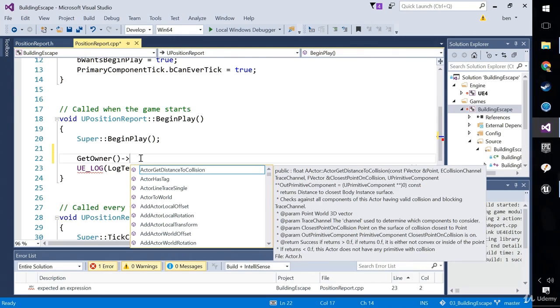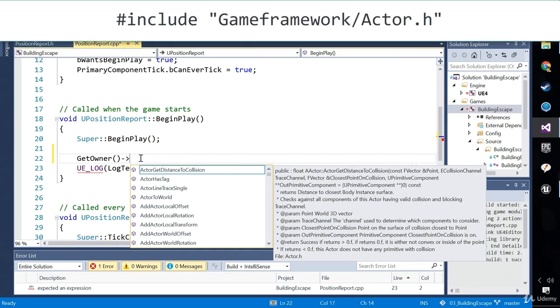Hi there, Sam here with a quick 4.16 edit. So for those of you on 4.16 or greater, you will now need to do something a little bit differently to Ben to see these autocompletes work. You're going to have to add this line to the end of the hash includes at the top of the C++ file. Wait a little bit for the squigglies at the bottom of Visual Studio to go, and then you will be able to get the autocompletes that Ben is seeing here. Now, the reason for this is a change in 4.16, which is great for compile times, but I will tell you a little bit more about this in the next video. So go there if you're interested, or just wait till the end of the video and I will fill you